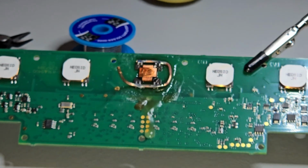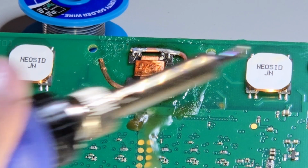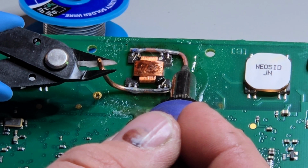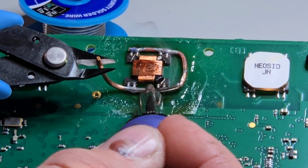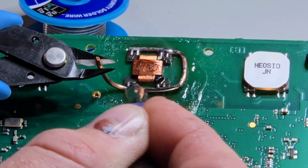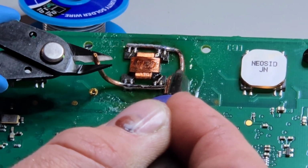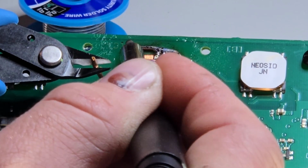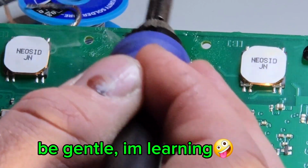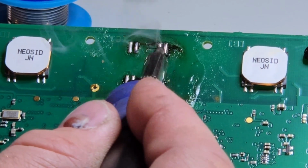Okay, should be soldered right on that. So now I should be able to just heat this thing up all equally. Hopefully be able to pull this inductive pickup off. That wasn't my best performance, but